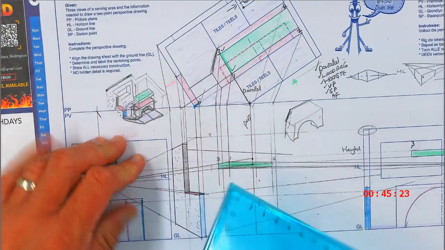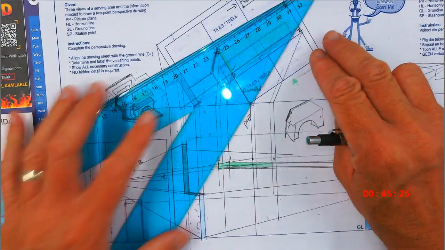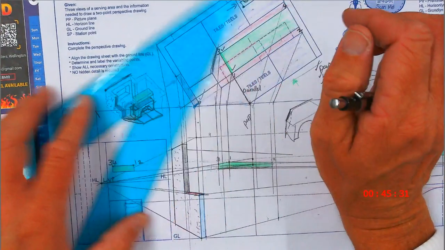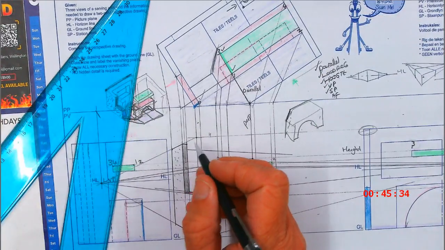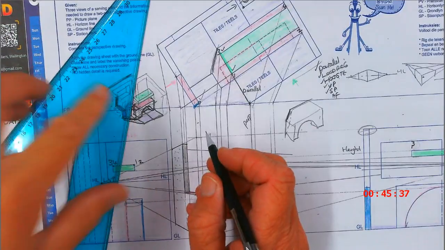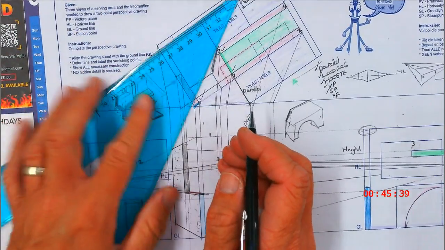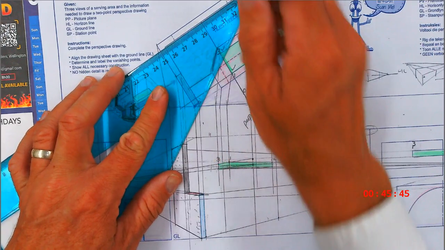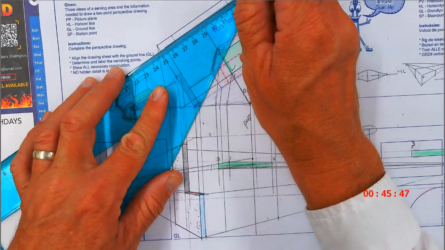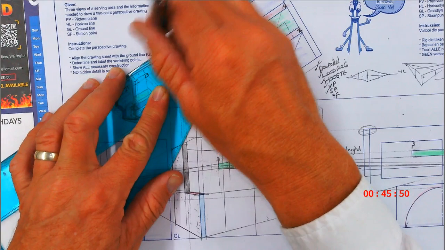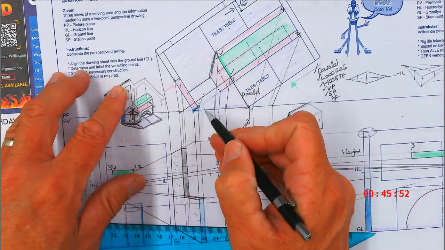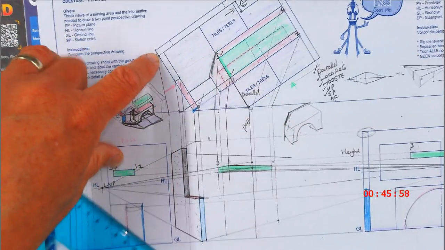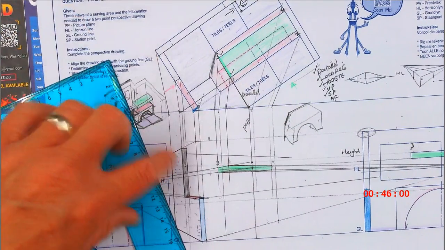I am going to do another line, and this one is quite important because this is what you're going to be seeing. You will see that there's more than one way to get the thing that I'm going to be getting now. Like I said, more than one option, but I'm going to use this option. I think this is going to be the easiest. I'm just going to go parallel here, and I'm just going to draw in my own little construction. I could also go parallel like this, but I'm going to put a little point in there on the top there, and I'm just going to take that onto the top of my drawing here.